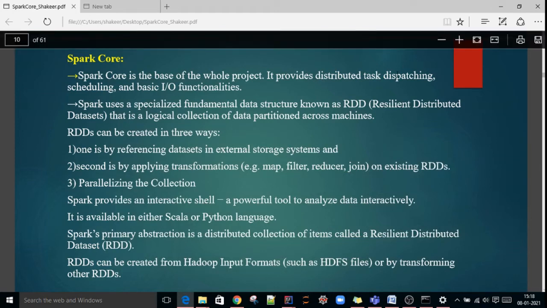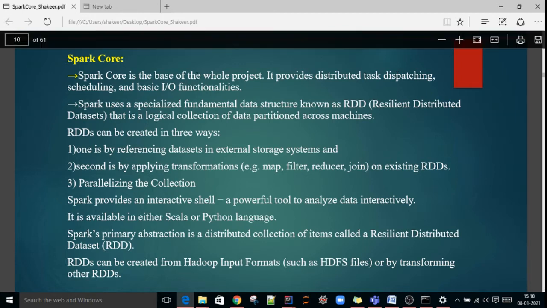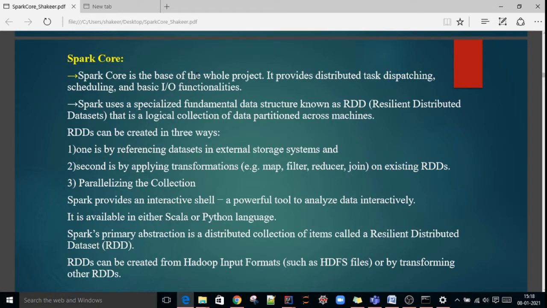In this lecture, we'll discuss Spark Core. Okay, with this video, we'll start the Spark Core module. In this video, we'll see what is Spark Core, where it comes in Spark architecture, what is the data storage in Spark Core, and what are all the operations we can do in Spark Core. All these things we can discuss in this video.